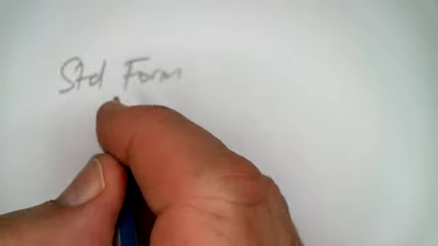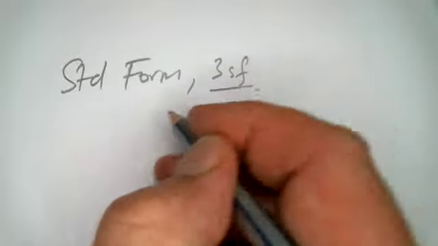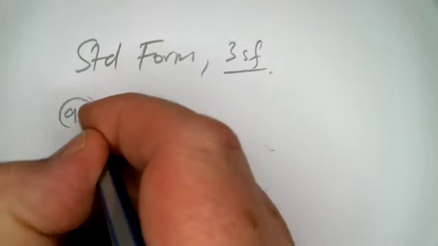Right, so this one here, I'm going to do some standard form, and I've been asked to do this question here, which says, evaluate and write the answer in standard form, rounding the answer to 3SF. So standard form, and we want three significant figures. So the first one is A, and A says,